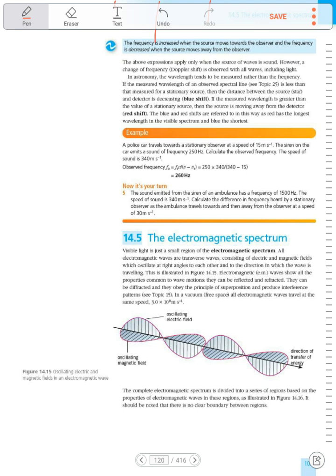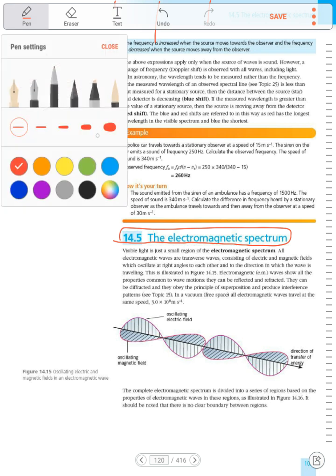Okay, now let's continue talking about the electromagnetic spectrum. The electromagnetic spectrum consists of electromagnetic waves. These waves consist of two types of waves. One of these